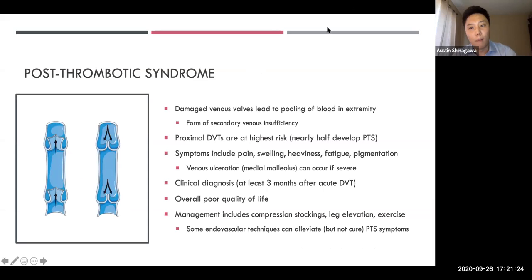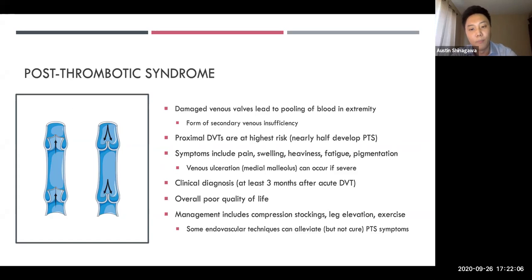So another really important complication is post-thrombotic syndrome. You can get damaged venous valves from the DVT, as you can see here, and that leads to pooling of blood in the extremity. It's a form of secondary venous insufficiency as opposed to primary, where the cause is not really known. Proximal DVTs are at higher risk of developing PTS, and actually nearly half of these go on to develop PTS. The symptoms of PTS include pain, swelling, heaviness, fatigue, and you can even get pigmentation with deposition of hemosiderin. And you can also get venous ulceration at the medial malleolus